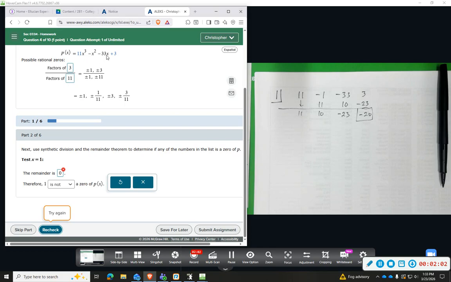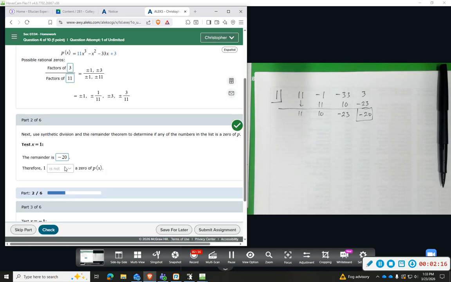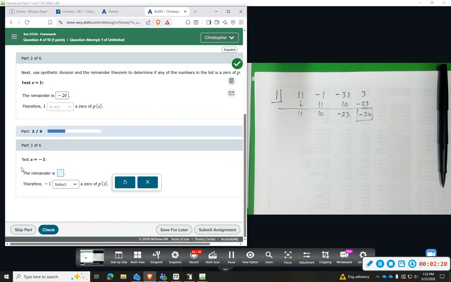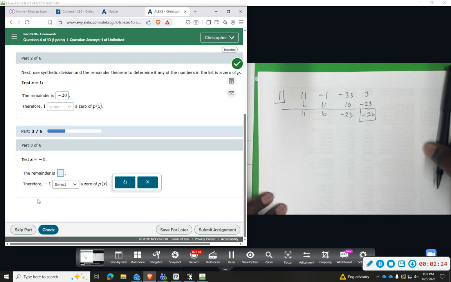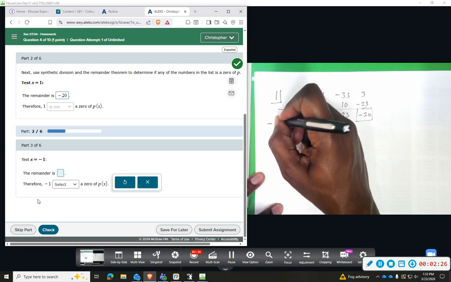Negative 1, negative 33, positive 3. Oh, it says the remainder. The remainder we got is negative 20. Sorry. The remainder is negative 20, therefore 1 is not a 0. I was thinking it was asking the property of being a 0. Okay, so now we're going to do the same thing with negative 1. So it says if you use negative 1,